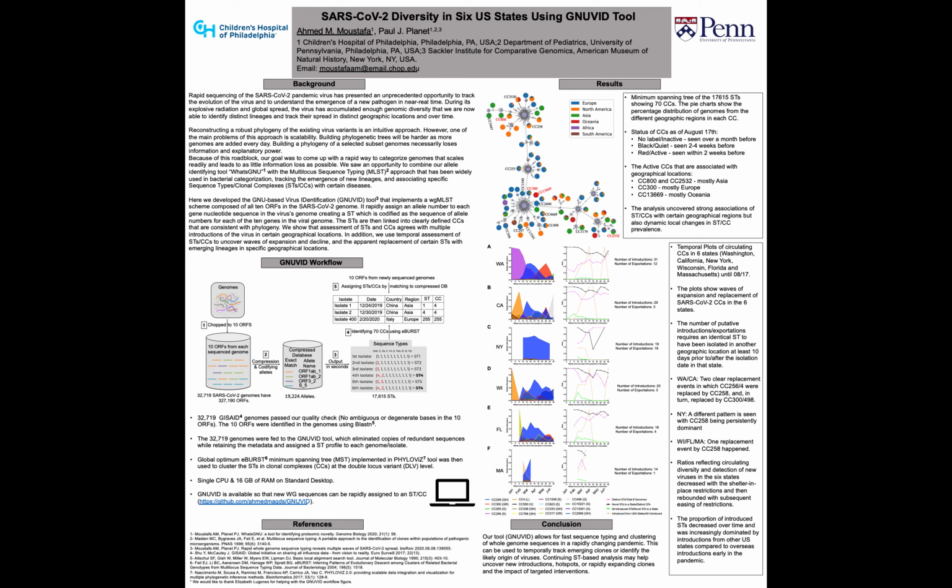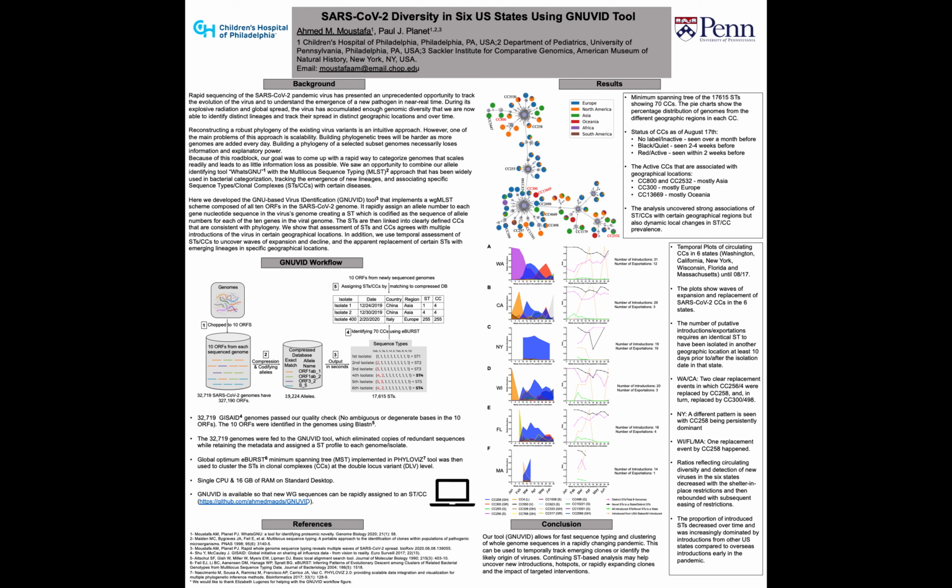And as you can see in the GNUVID workflow, we have used that approach on 32,719 SARS-CoV-2 genomes from GISAID. They are all high quality, high coverage genomes. We identified 17,615 sequence types, which were then clustered into 70 clonal complexes. Once a new genome is sequenced, we can assign a sequence type and clonal complex by matching